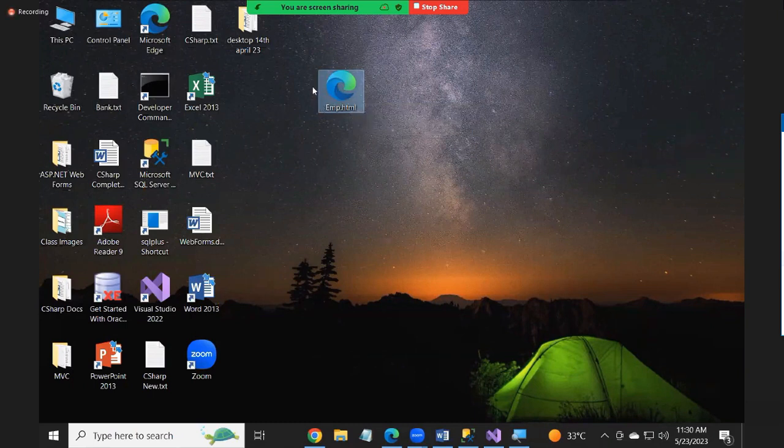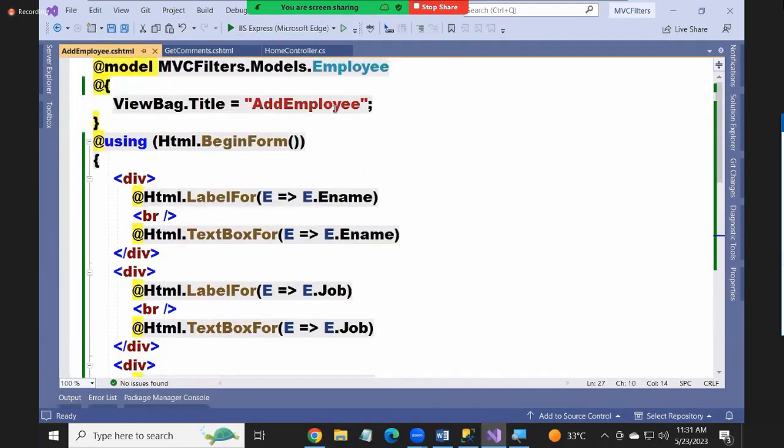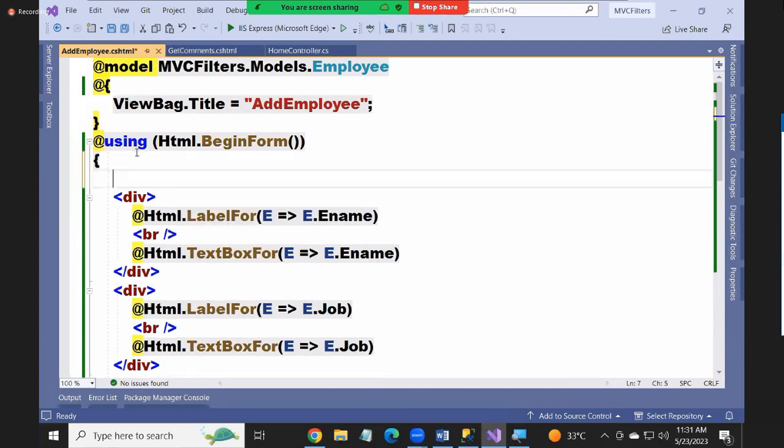How can I restrict this operation? So guys, if you want to restrict this, how do you restrict this? I'll tell you. First, delete the local copy. How to restrict this? I'll tell you. One, in your page, in the view that you are creating, on the top of it, add a statement here,